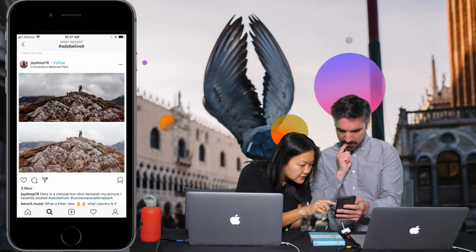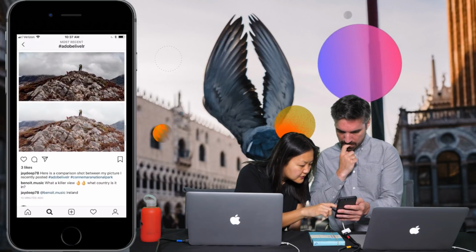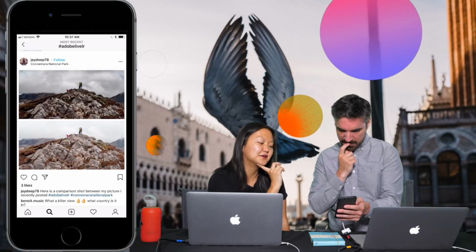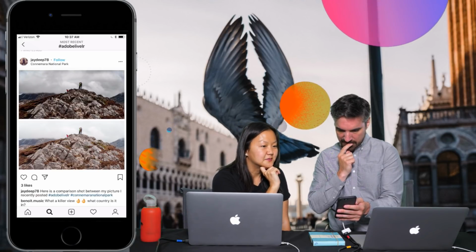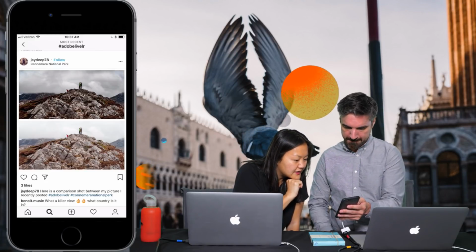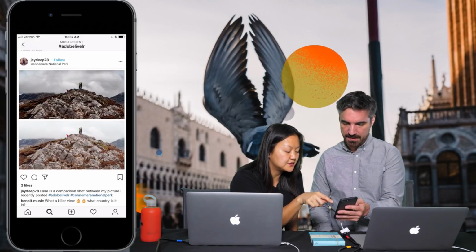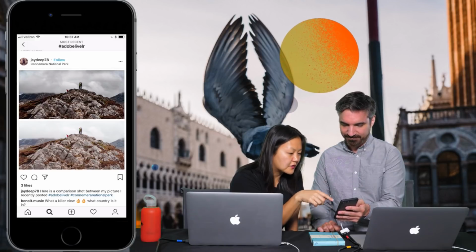Is the before the top or the bottom? What would you say? I feel like it could go either way. The before could have been either the top or the bottom. And which one would you prefer? I love the detail that you can see in the clouds in the top image sky, but I prefer the rocks on the bottom.